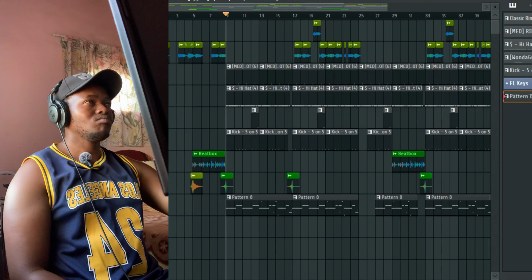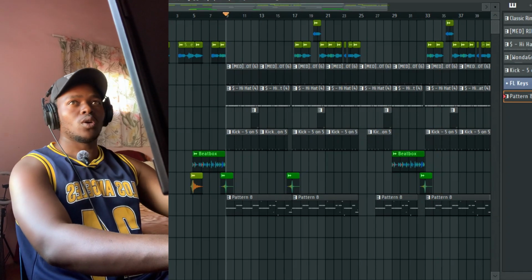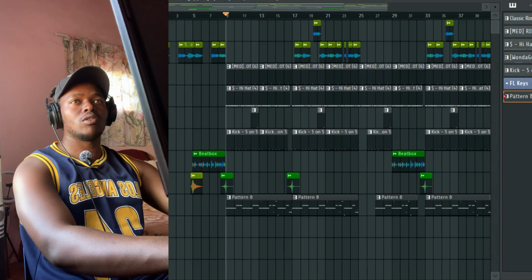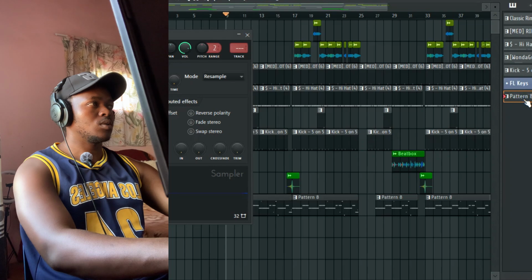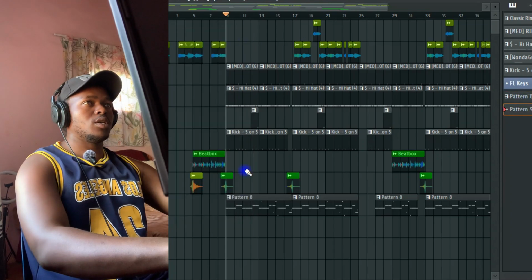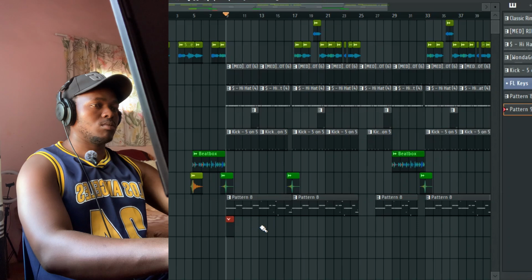So I feel like I should add an open hat, open hat. I like this one. That pattern, I'm just clicking plus and then